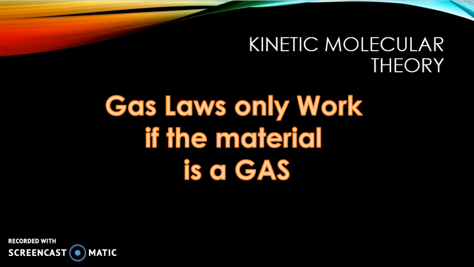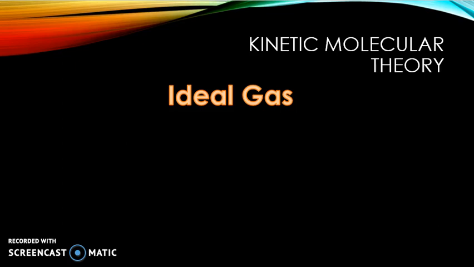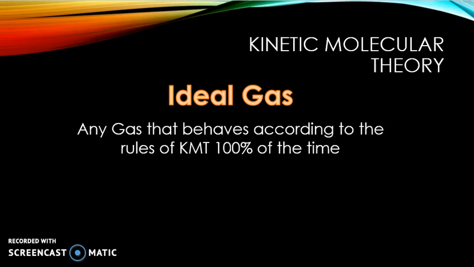Now, the kinetic molecular theory puts all of these ideas out that basically tells us how a gas should behave under the perfect conditions. But we know that this isn't a perfect world, that we have more than just this one state of matter. So the kinetic molecular theory gives us something called, instead, an ideal gas, which is exactly where the ideal gas law got its name from. We would define an ideal gas as any gas that behaves according to the rules of KMT, or kinetic molecular theory, absolutely 100% of the time.